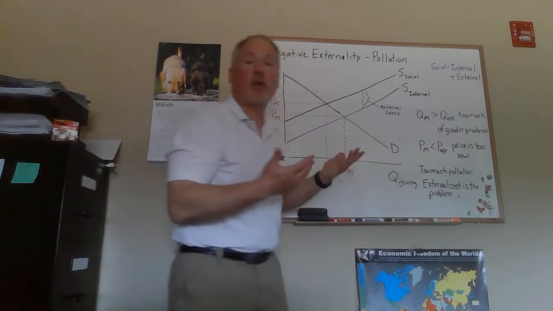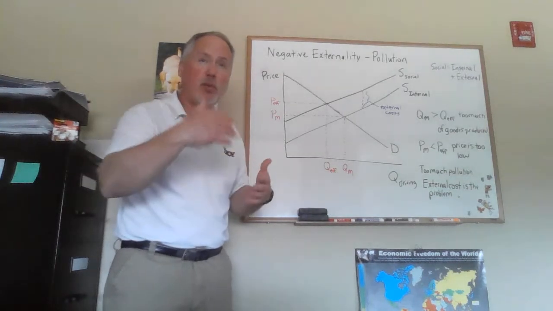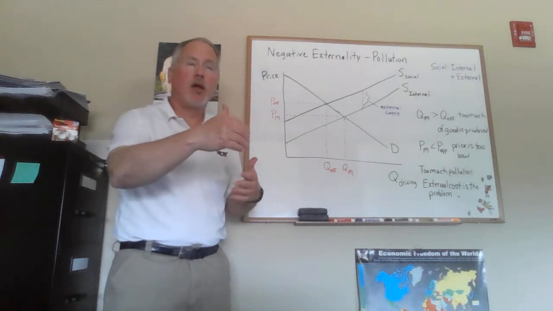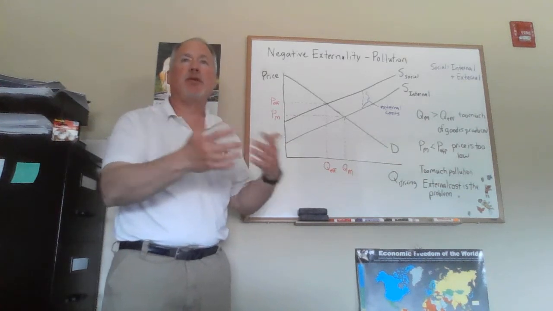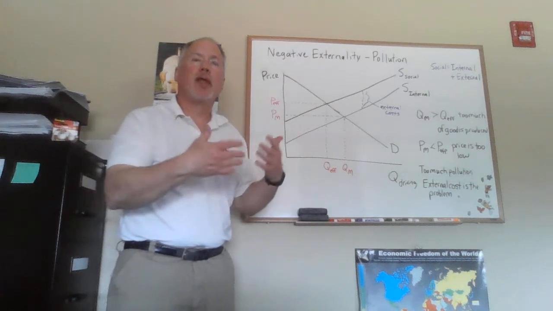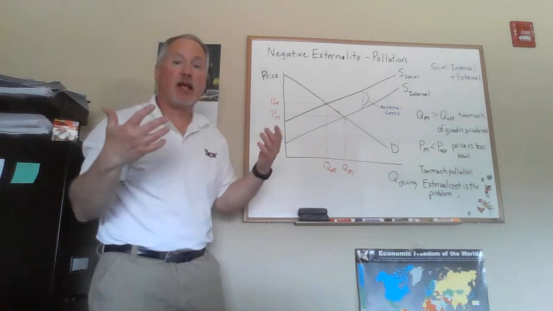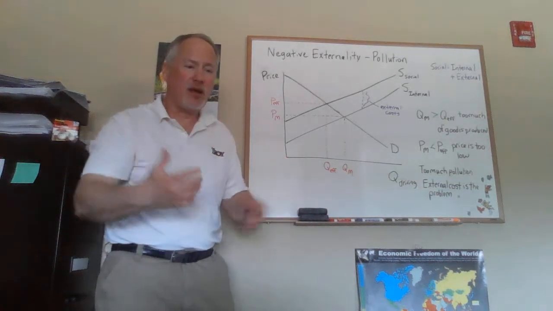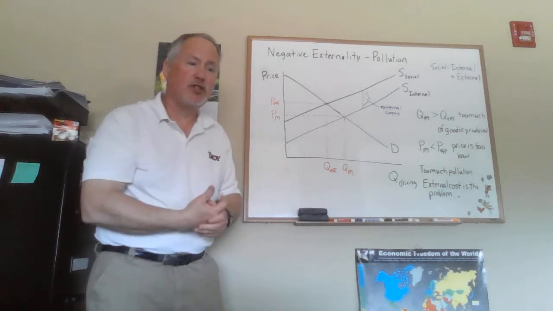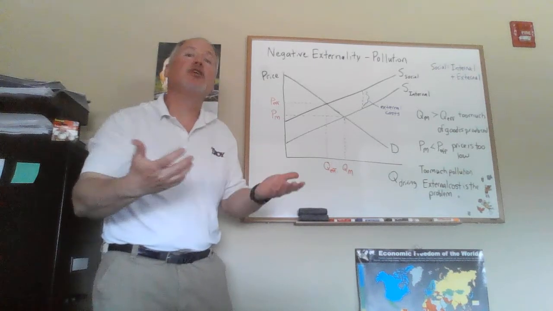So too much of this good is going to be produced. Another way to think about this is we have too much pollution. As economists look at it here, the problem is not that we have pollution, but that we have too much pollution. We would say, well, the driving is valuable. People need to get from one place to another. And we use lots of scarce resources to produce the goods and services that we want to consume because they're valuable enough to us.